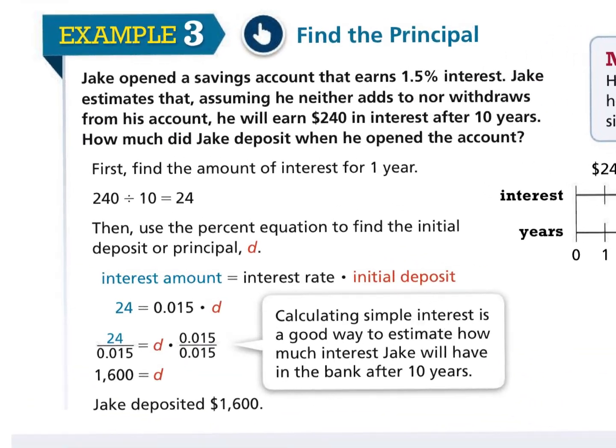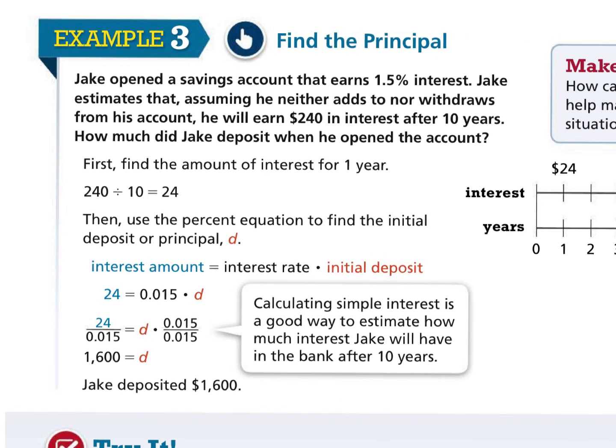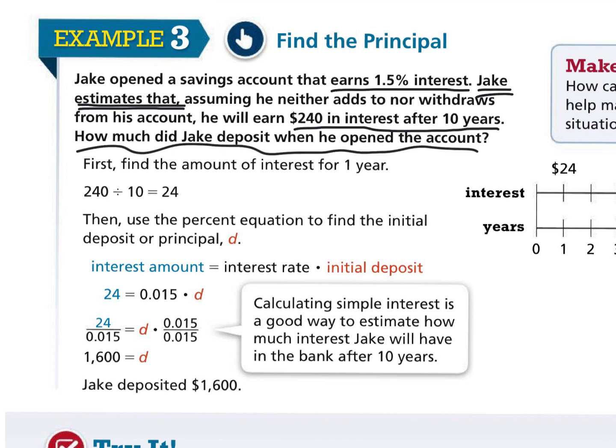Look at example 3. Jake opened a savings account that earns 1.5% interest. Jake estimates that, assuming he neither adds or withdraws from his account, he will earn $240 in interest after 10 years. Okay, and here's keywords: Jake estimates that. So how much did Jake deposit when he opened the account? It looks like we're just going to trust his numbers here exactly. So if he's going to earn